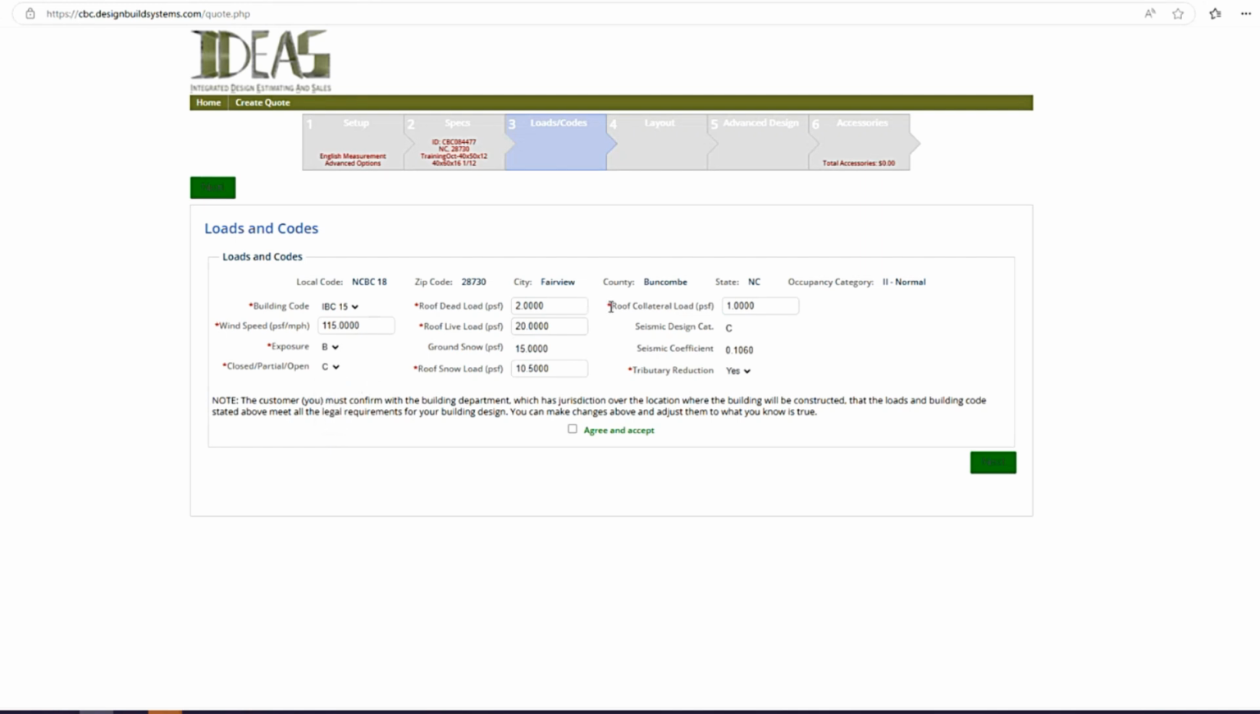On your roof dead load, the 2 PSF is set based on our current material. Your collateral load, your live load is in there as 20 PSF. And you've got an option over here on the right to show whether it's reducible or not. Most areas are reducible unless you get up into some of the northern areas that have more snow. So again, that would be something to check with the permit department. For your snow load, for this particular zip code, we're showing the ground snow to be 15, the roof snow to be